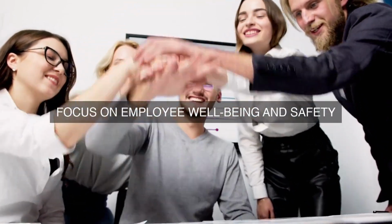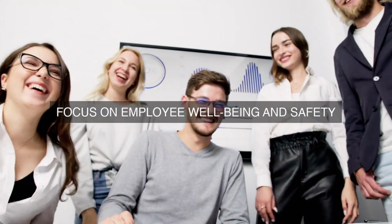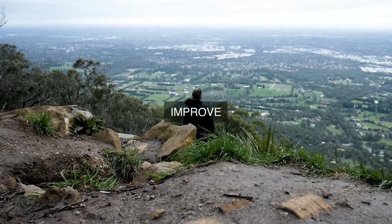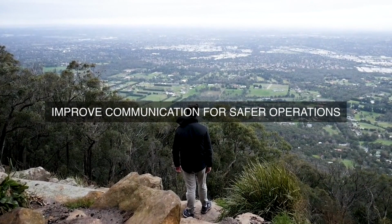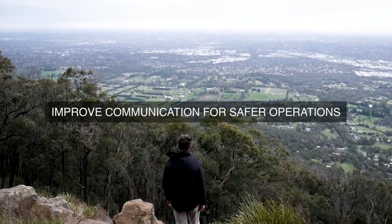The first S, sort, involves identifying and separating essential and non-essential items in the workplace. This process helps to eliminate clutter, trip hazards, and obstacles that can impede employee movement and increase the risk of accidents. By removing unnecessary items, employees are less likely to trip, slip, or fall, and machinery is less likely to be damaged or malfunction. Furthermore, the removal of redundant items reduces the risk of fires, as there is less fuel